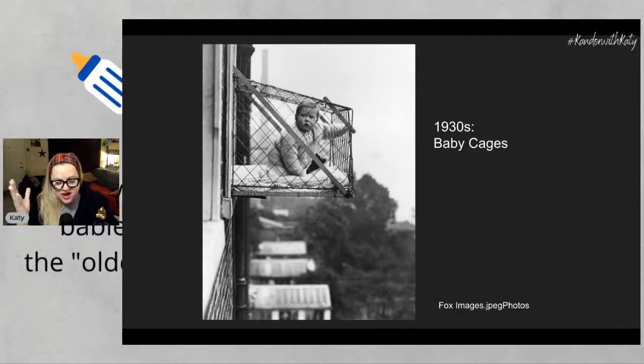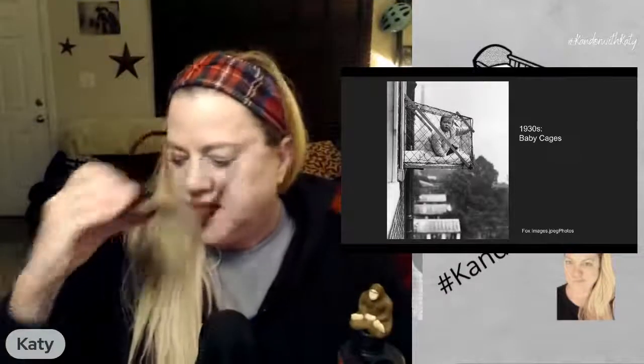1930s, if you live in a high-rise or something, okay? It says, when these frightening home accessories made their debut in the 1930s, roughly the size of an in-window air conditioner, these portable porches were designed to allow city children in tall buildings to get their recommended dose of fresh air and sunshine. Now, I don't know about you, but that is terrifying to me.